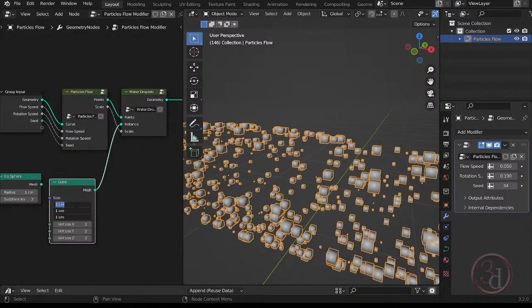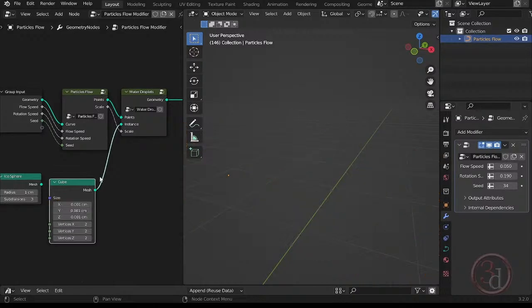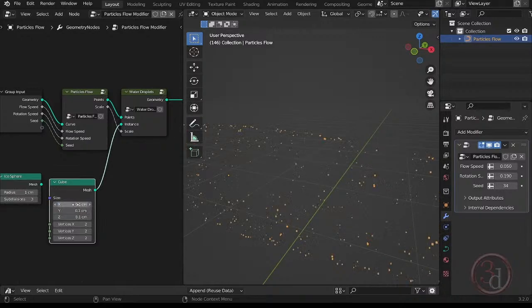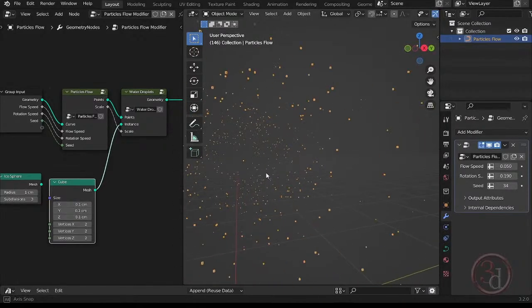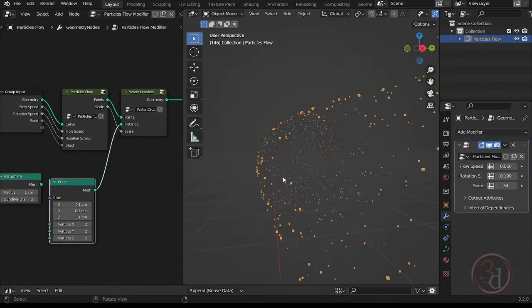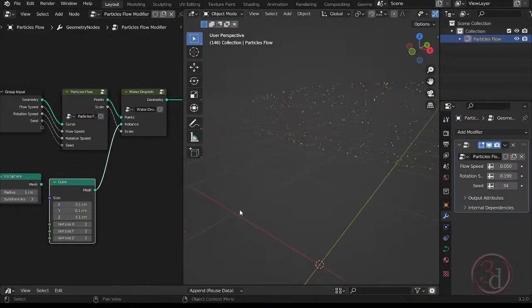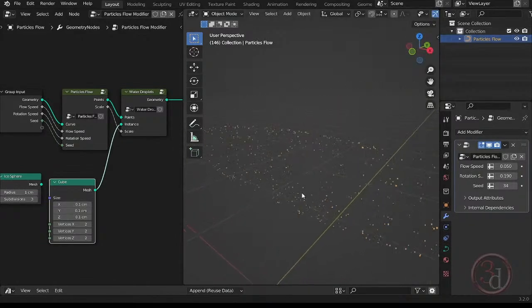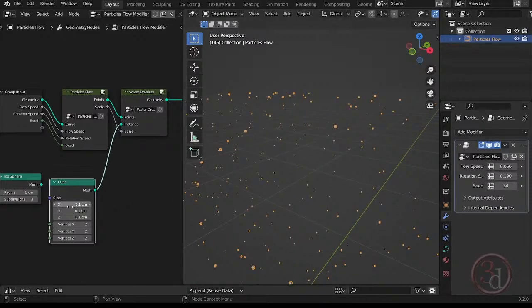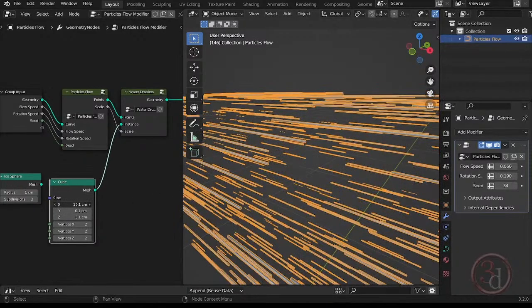Click and drag, and let's say if I use 0.001, I don't see anything. Okay, let's use 0.1. Okay, so now we are getting there. Okay, so if we take the X, which is the X axis here, the red one, that if we take and just increase